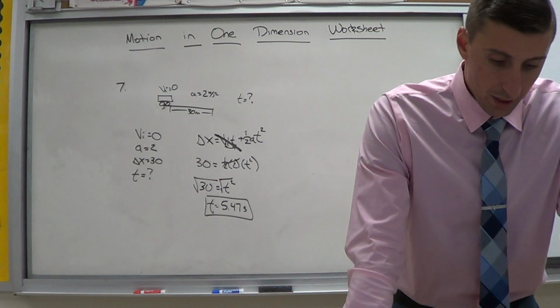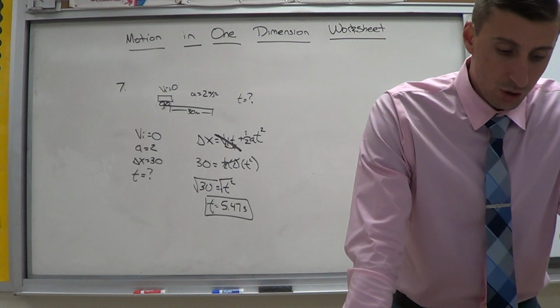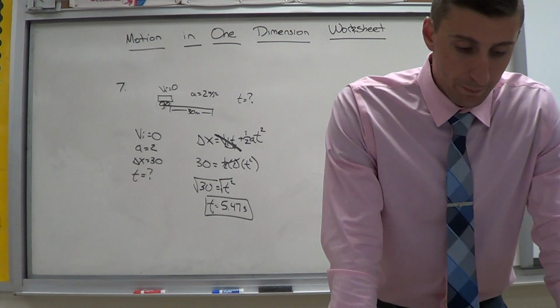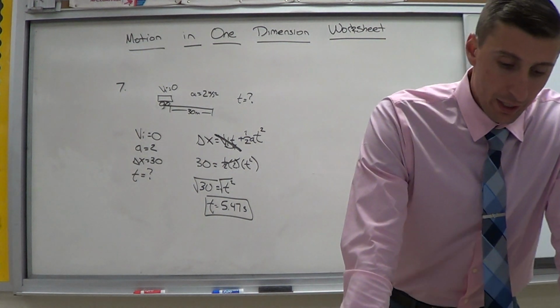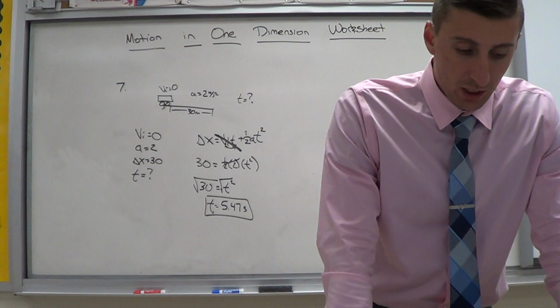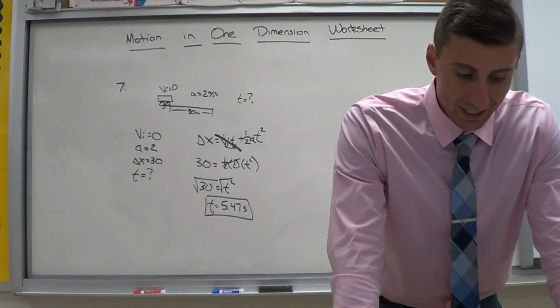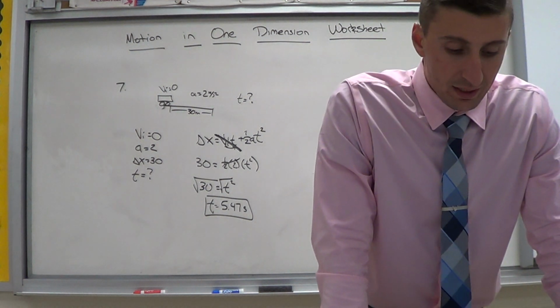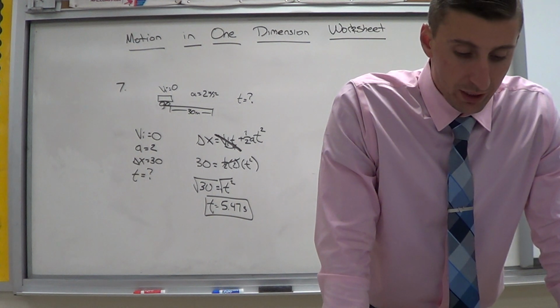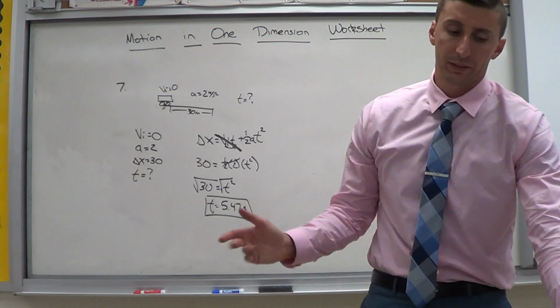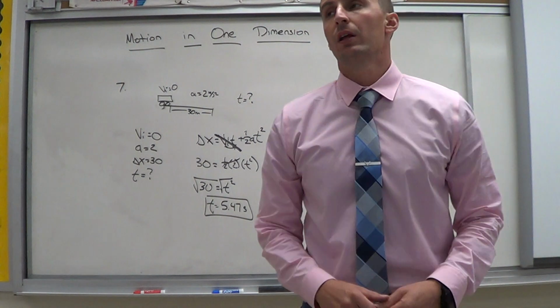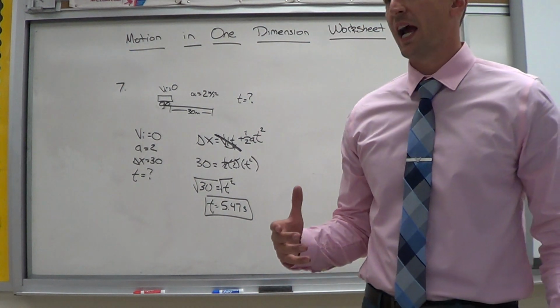Okay, moving on. Number 8. A car traveling 85 kilometers per hour strikes a tree. The front end of the car compresses and the driver comes to rest after traveling 0.8 meters. What is the average acceleration of the driver during the collision? Okay, don't worry about the second part. That's just comparing it to the force of gravity. You ever hear G's, like an astronaut goes under